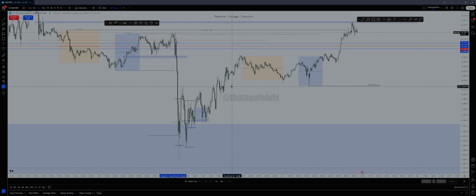So key takeaways: mark your London session and the Asian sessions, the highs and the lows of the Asian sessions, and then when the market hits your high time frame point of interest, start looking for a range that you could use to trade. As much as I started marking out my dealing range, the candle range high and low, and then waited for price to take the candle range low, and then from there, that's when I start looking for an entry high, knowing that I want to go and take out my